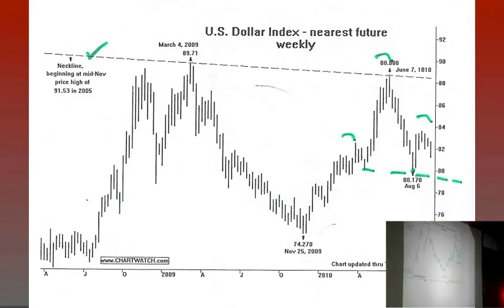We are going to talk about support and resistance in a little bit. If we were to get down below 80.17, that would now be overhead resistance, and the chartists would want to be shorting rallies against that overhead resistance. But right now, there's not too much going on on the weekly chart.